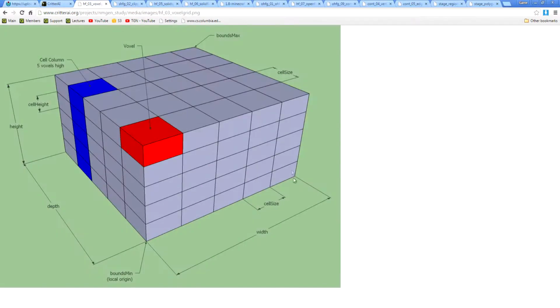Instead of the screen being divided up into a grid of pixels, the world is divided up into a grid of cubes. Each cube is called a voxel, and there could be millions of them. The name voxel, by the way, comes from the term volumetric pixel. The idea is that we want to test each of our polygons against the